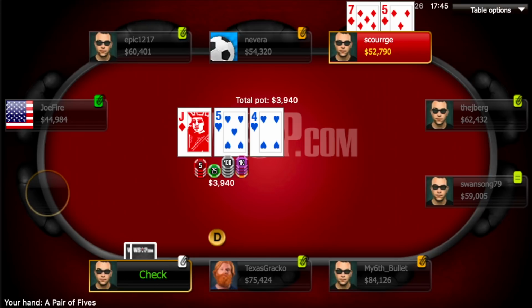Flop comes out one of those types of boards. It's jack 5-4 two-tone, but he just checks it to us. I have second pair and a backdoor flush draw. I don't really want to let him see a free card with overs, so I put out a bet. He makes the call, and we go heads up to a turn. It's another 5. This is my miracle card. I can make a lot of value against slow played jack X,